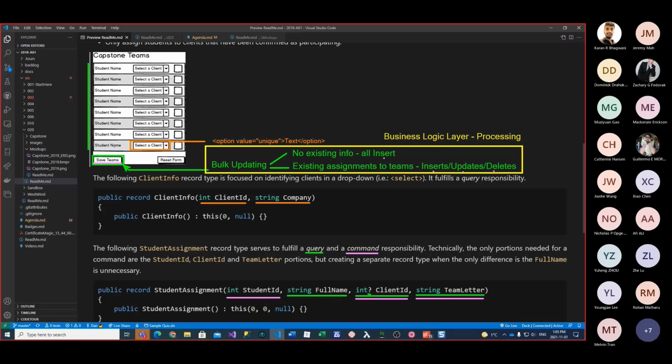This never updates the student's name. And so this student ID portion right here is essentially something that is being kept in some kind of hidden